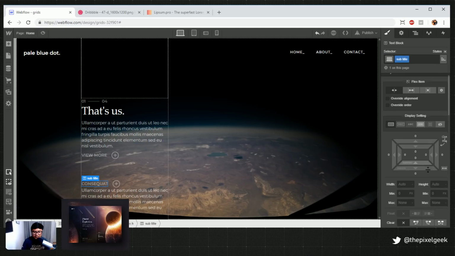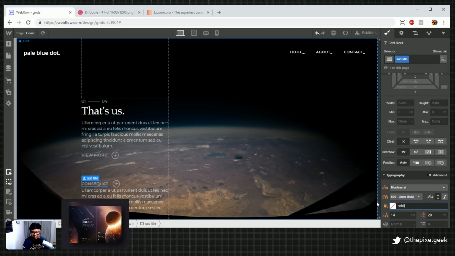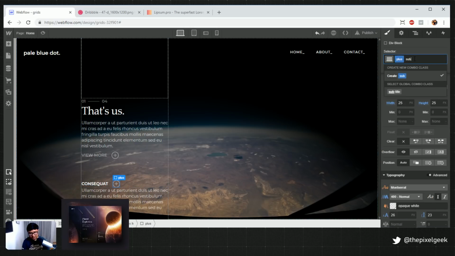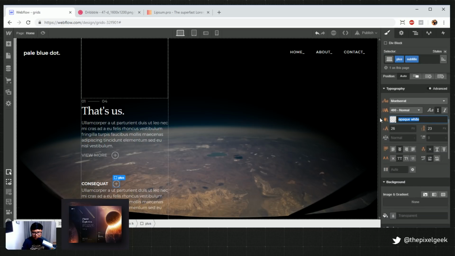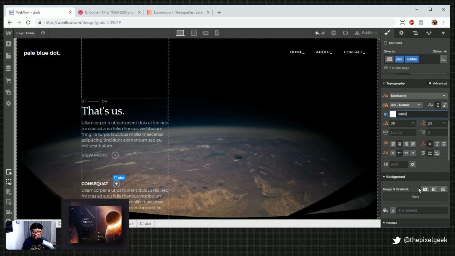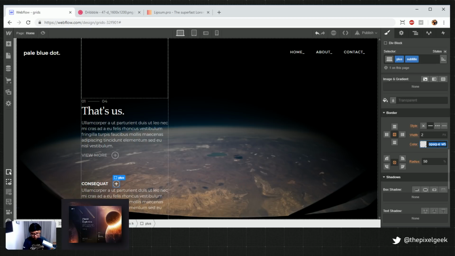Alright, so for this one, I'm just going to call this plus subtitle because it's supposed to be white instead of opaque white. Nelson's great with class names. Make this full white. There we go. Cool. I'm getting somewhere.